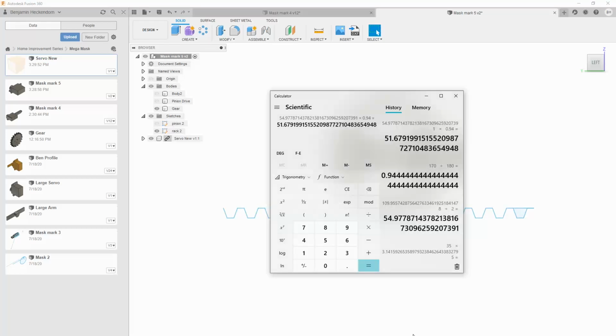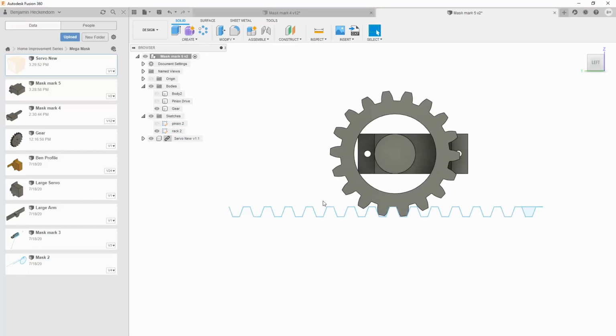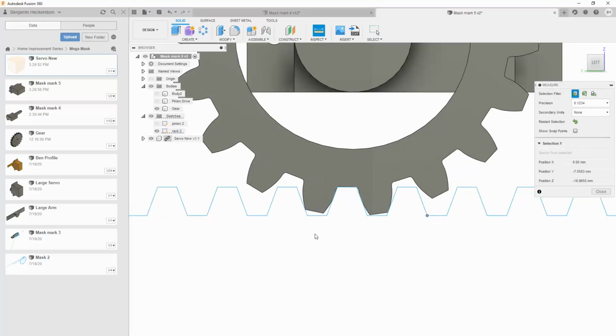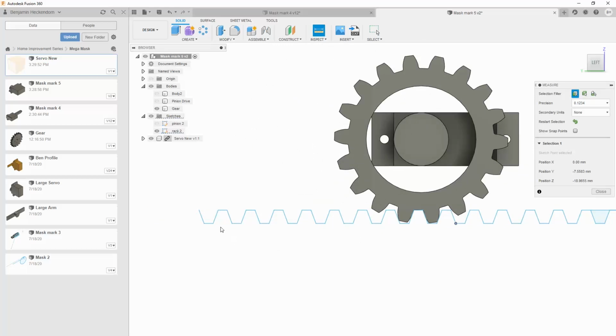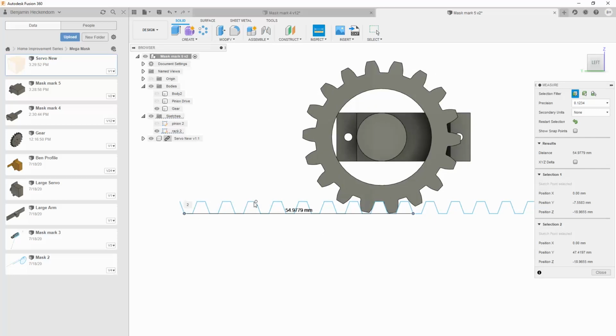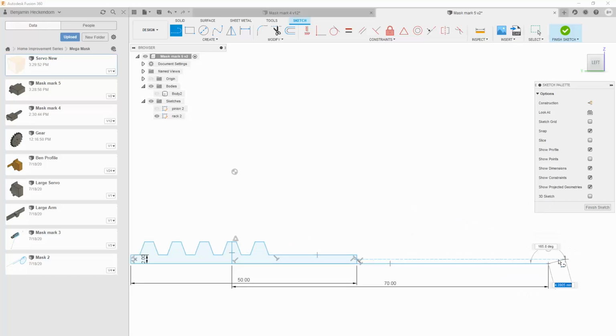All right, so according to our calculations, we can go 50. Let's be really conservative. Let's just say 50 millimeters, right? So we take a look at our sketch here. Let's just measure out. Okay, so we want one tooth for engagement. So what is that to that? 54 millimeters. Okay, so that's further than we'll even go. The places you'll go. All right, so we go 2 millimeters up